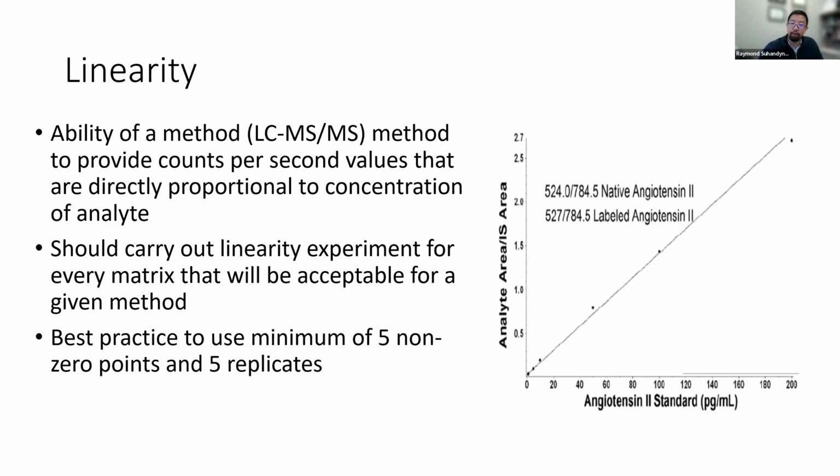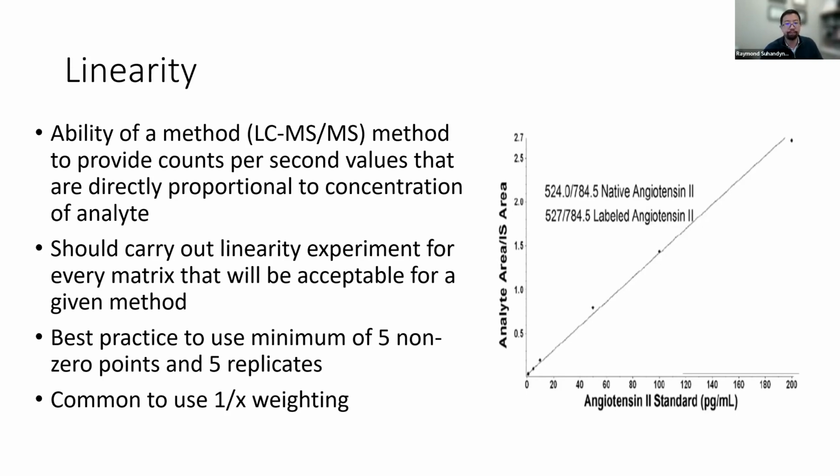Typically what we do for a calibration curve in this case is what I'm showing you here, is that we use a minimum of 5 non-zero points and 5 replicates to show that we can be precise with our calibration curve, as well as a good coefficient of determination. Typically we shoot for something higher than 0.99, the R-squared value, that is. And this is just a note. Typically, you'll see something called 1/x weighting. All that's doing is it's weighting the lower endpoints, where there's more variability. So typically, we like to make sure we weight the lower calibrators more, especially when we're trying to push the